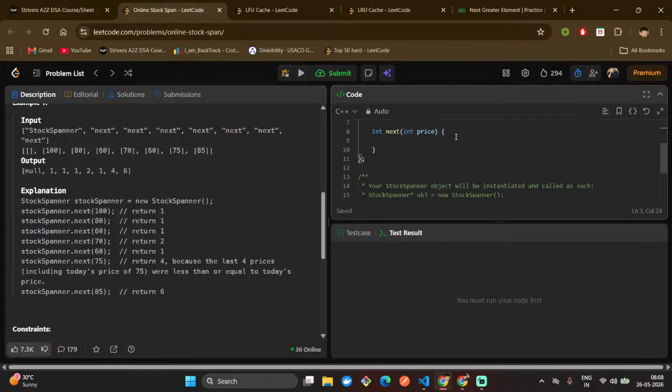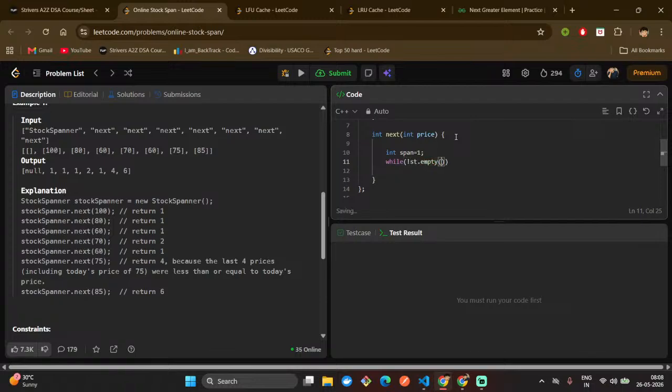So that's it. It would take that span, that span is equal to 1 while